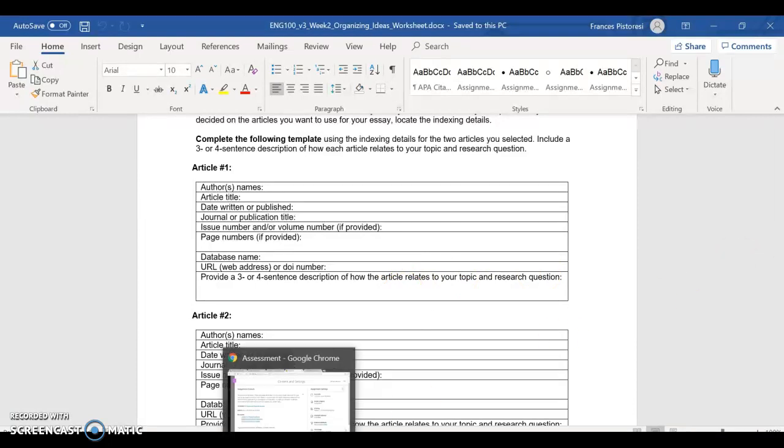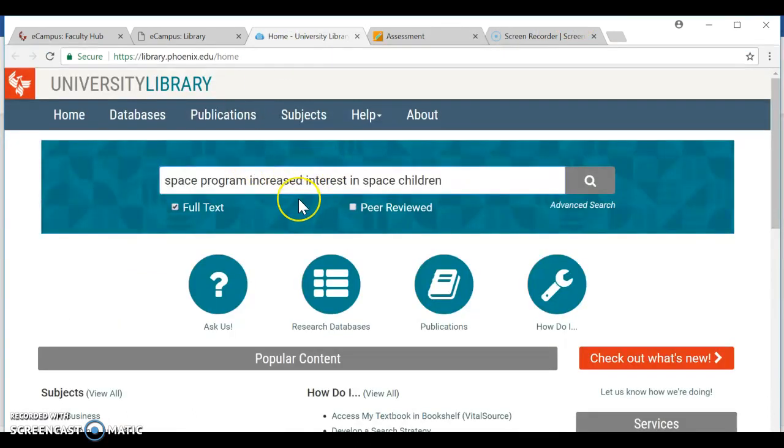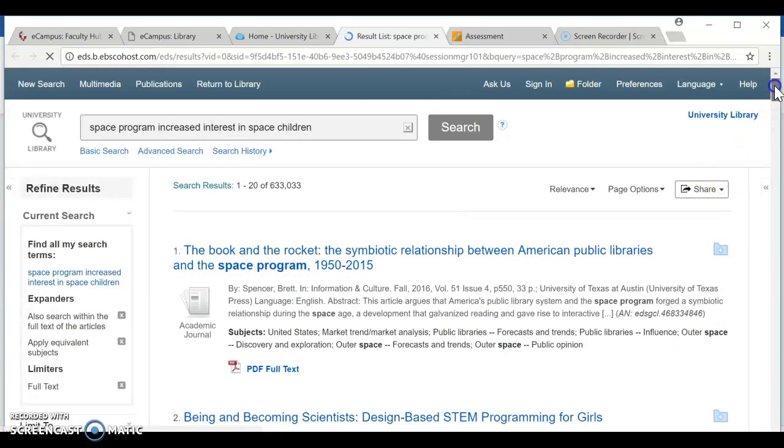Okay, we'll talk a little bit more about best practices for searching in the library, but just as a quick note, when you search in the library, you really want your search terms to be as specific as possible. If I just put space program benefits in here and hit search, there would be a ton of different things. So that would be really hard to wade through. So I try to think of what I think the benefits are, what I think my key points of support are going to be, how to answer the research question, and then I type that in as specifically as possible into the search bar, because then there's still going to be sorting through to do, and it takes some time to look through all the different search results, but at least I'm going to be closer to something that I